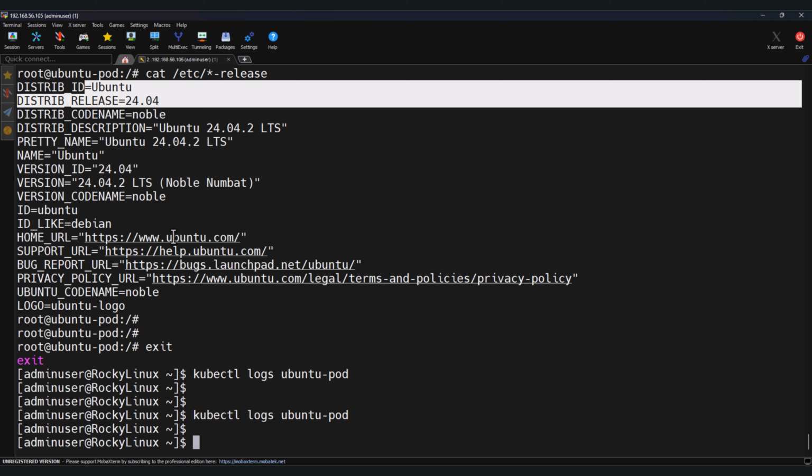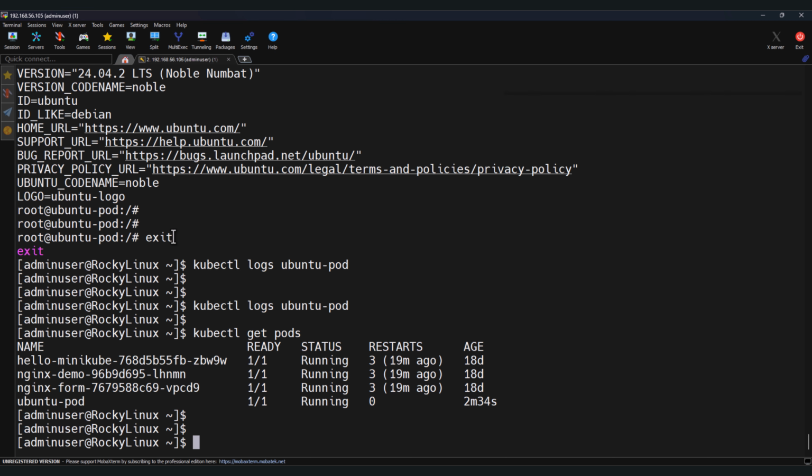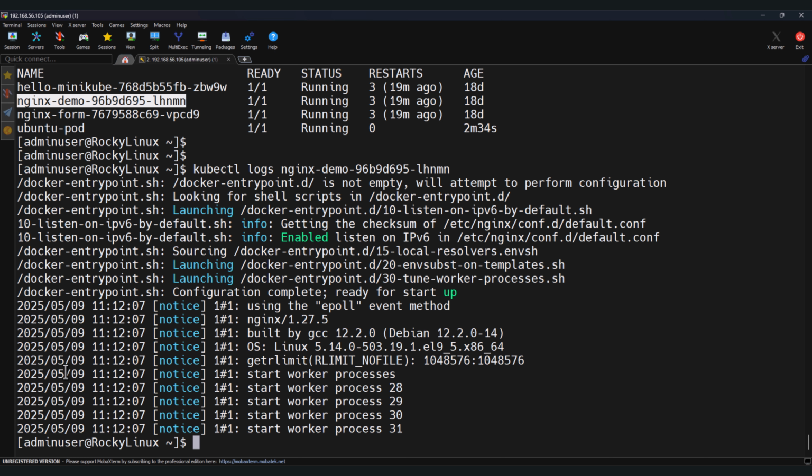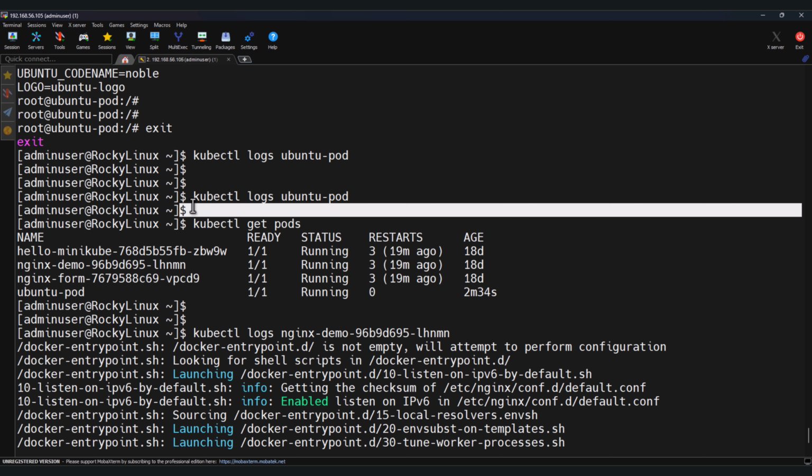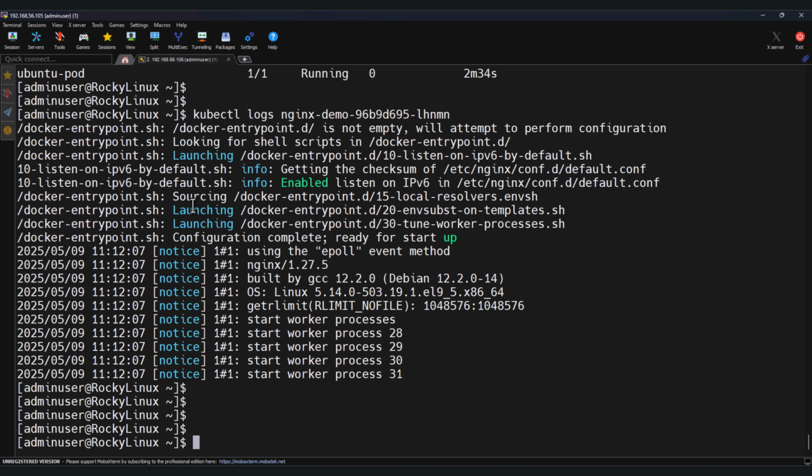If you want to check, kubectl get pods. The first troubleshooting command is to check the logs of the container. I will run kubectl logs of another container. Like this you will get the logs, but currently ubuntu-pod has not generated any logs, so we are getting a blank output. And the next command for troubleshooting is kubectl